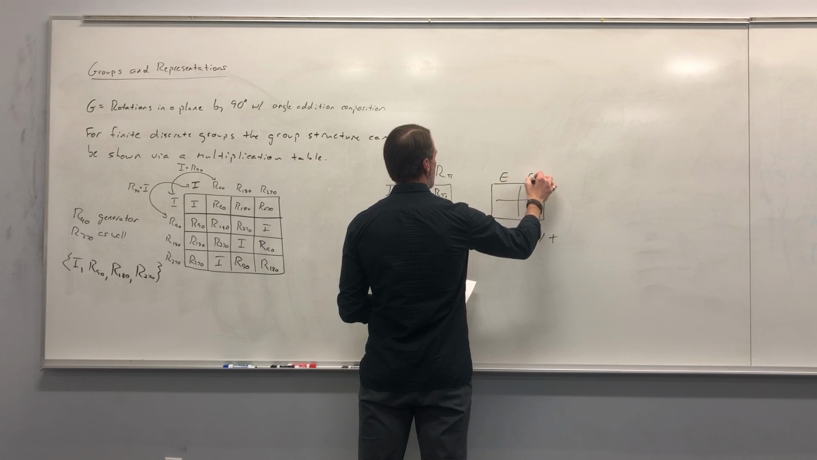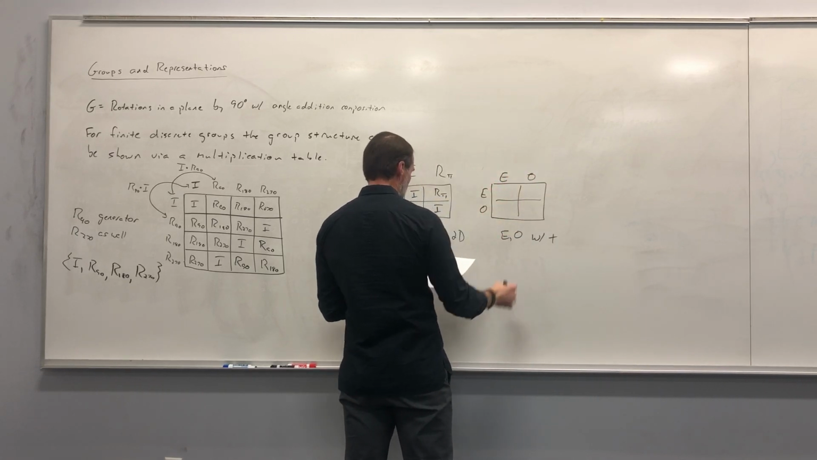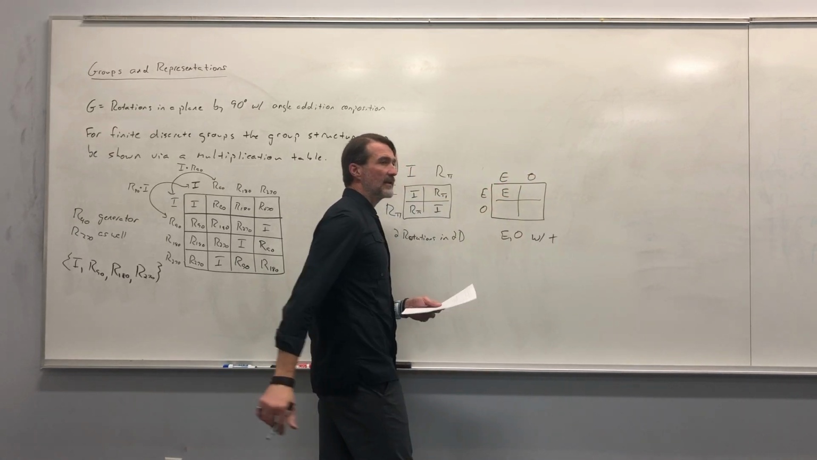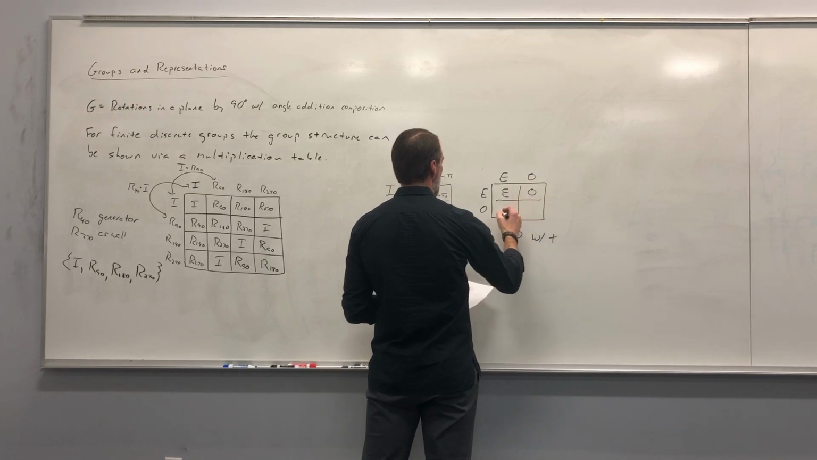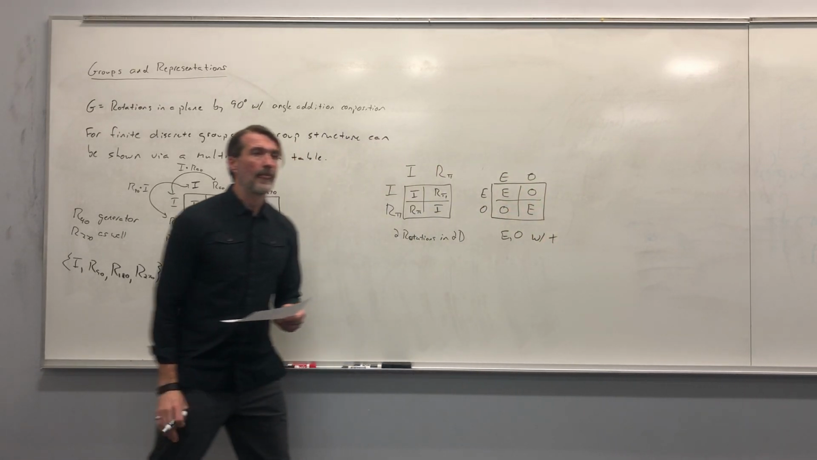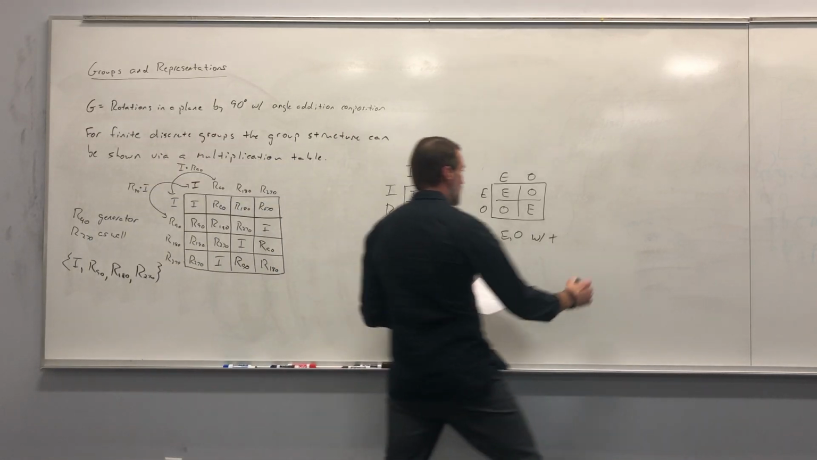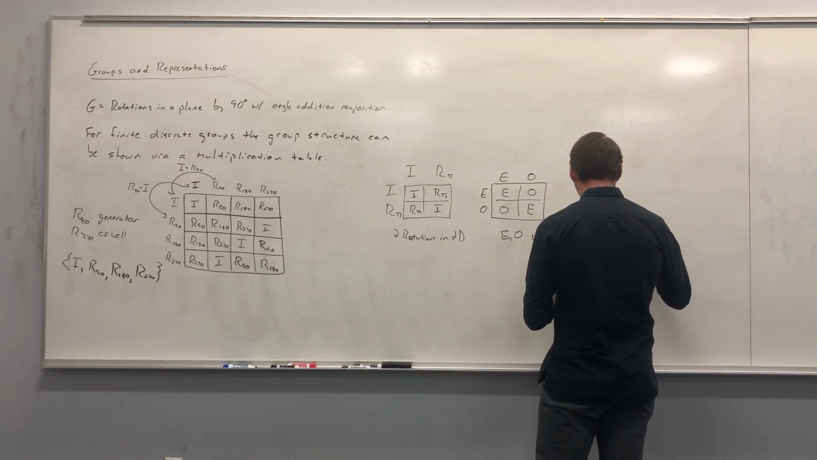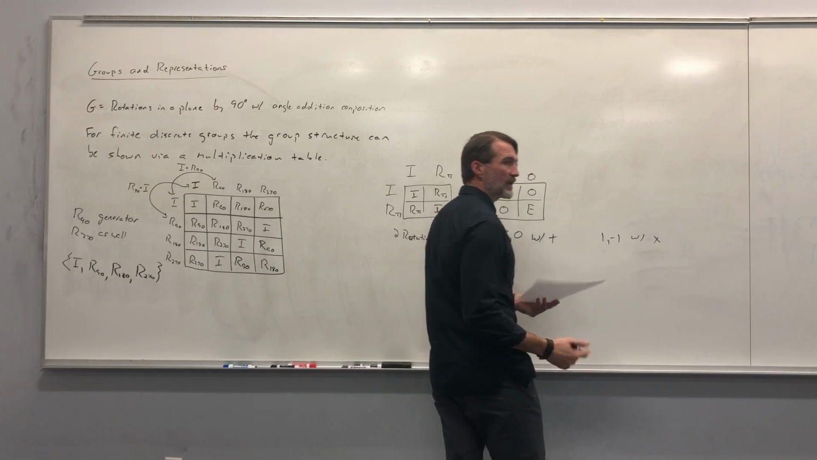If I take even and even, addition gives me an even number. Even and odd addition gives me an odd. Odd and even gives me odd. And odd and odd gives me an even number. Okay. And last but not least, if I take 1 and minus 1 with multiplication,